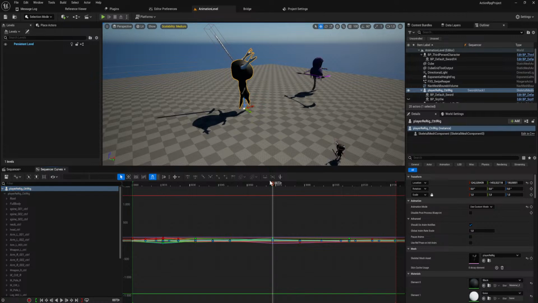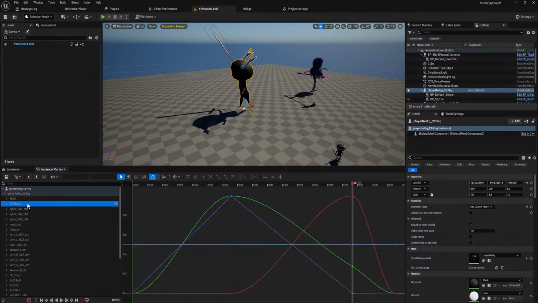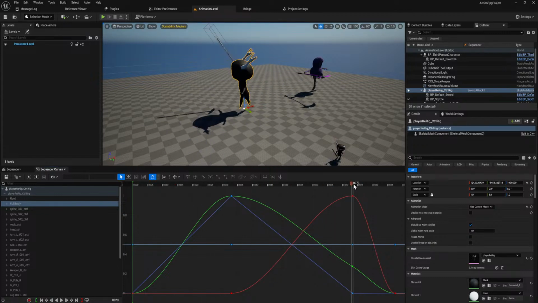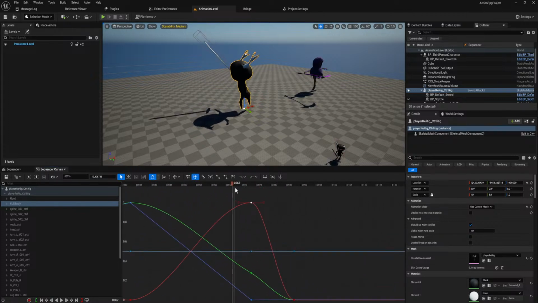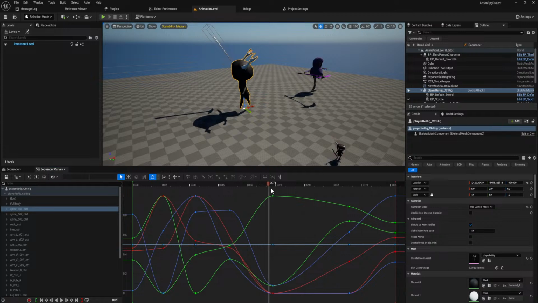Can we please normalize the curves? Holy shit! I mean, that makes sense. I think it might be this. It's probably not the full body, right? It is.